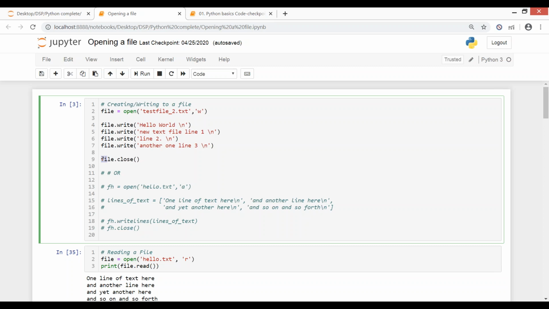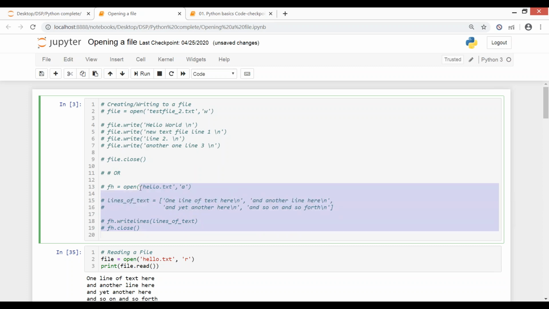Okay, so are you all able to create a file and see what you have written into your file? Are you able to see it? Now another way to do the same thing: let's say I want to write 10 lines here, then I have to repeat this process 10 times, which is not the ideal way to do it, although you can do it that way. But we have another way for that as well.